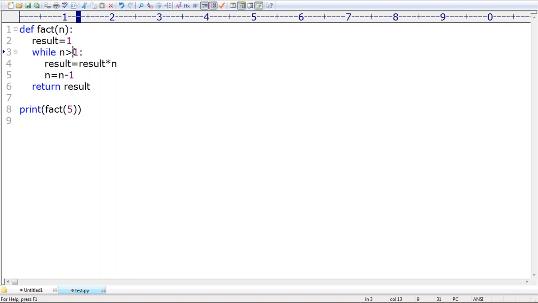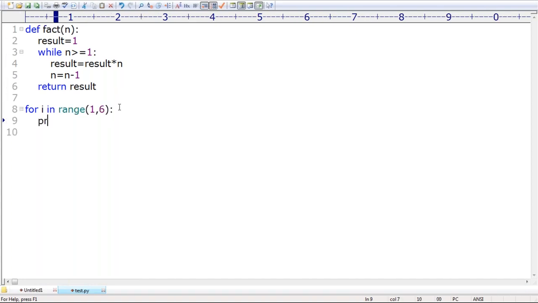Now what I want to take is very simple, sir. My requirement is: for i in range of 1 to 6, I want to take. Now print the factorial. The factorial of i is